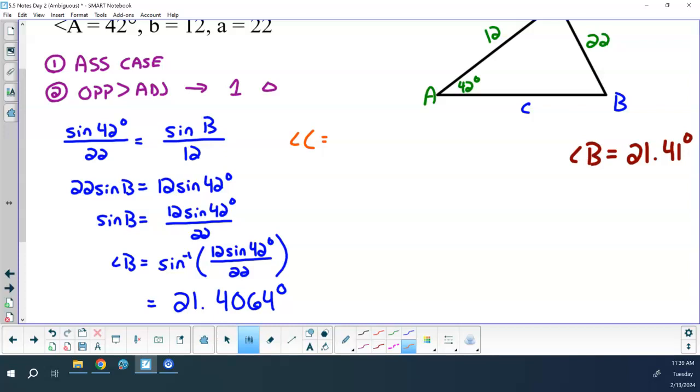Nope, we don't have the law of cosines. Oh, angle. Yeah, you gotta add. What is the angle sum theorem? What do all the angles equal? Because we could multiply them, we could divide them, we could subtract them. So we have to be specific when we're saying these things. So all the angles, what, Sadie? Add up to be 180. So that means that 180 degrees minus 42 degrees minus whatever's on my calculator